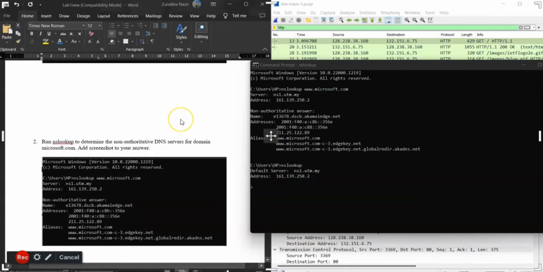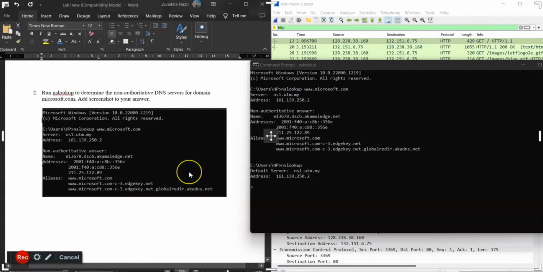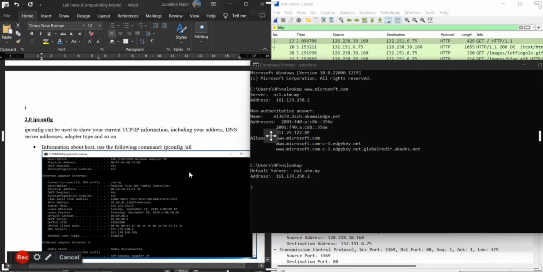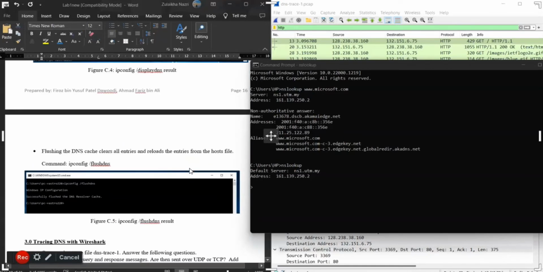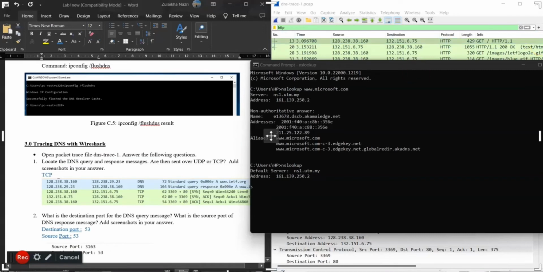So the second question, run NSLOOKUP to determine the non-authoritative DNS server for domain Microsoft.com. So this is the non-authoritative DNS server for domain Microsoft.com. So for the next question, which is the